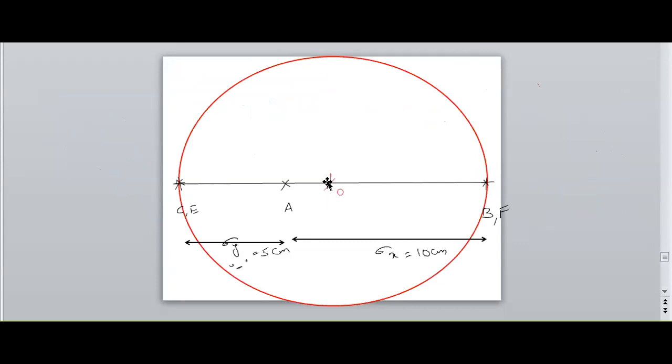Considering a center at O and the radius OE or OF, draw a circle. This circle we call a Mohr circle. After drawing the circle,